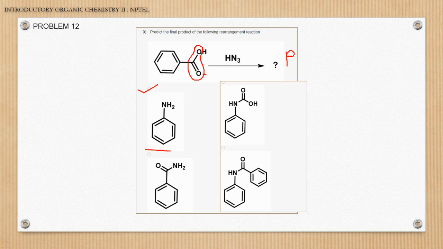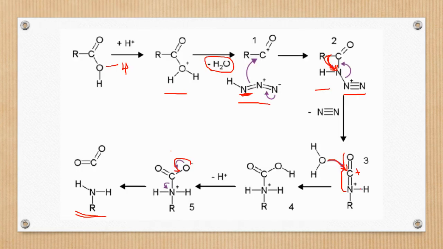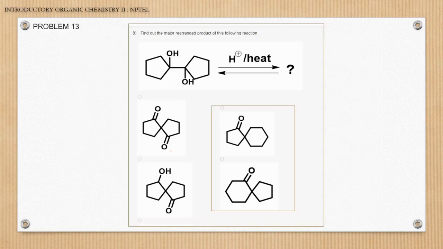Okay. So is it clear? So if it is clear, then I am moving forward to problem number 13. In this problem, you have to find out the major rearrangement product of the following reaction. So again, this is a very similar kind of problem which we have solved previously also. So now tell me